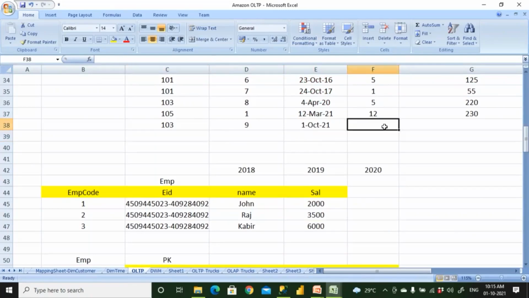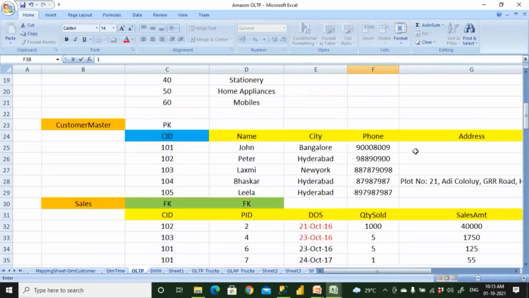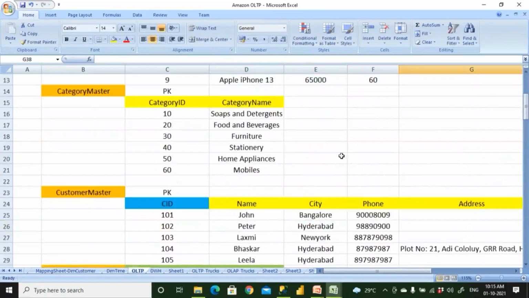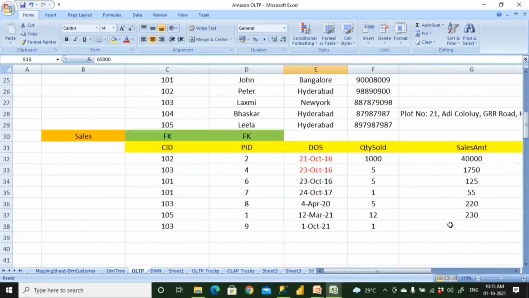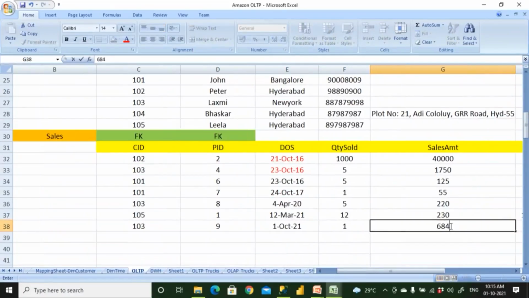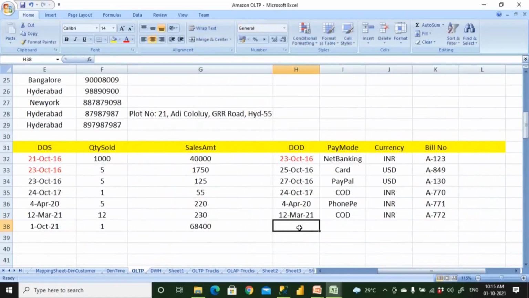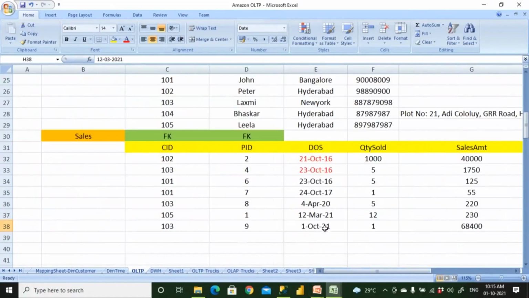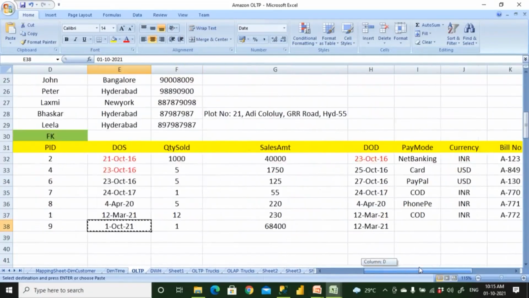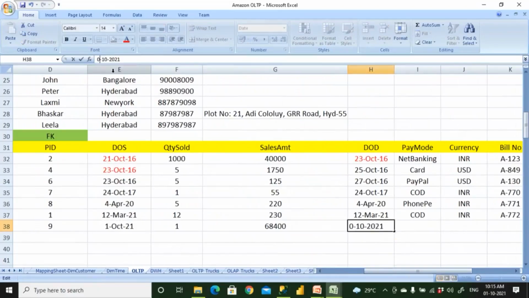So the purchase happened only once, with a quantity of one, and the amount is 65,000 rupees plus taxes and everything. It is up to 68,400 rupees including tax and all. Delivery is going to happen on the same day or the next day. The delivery date is not October 1st, it will be on the 5th of October. And she made the payment using a card